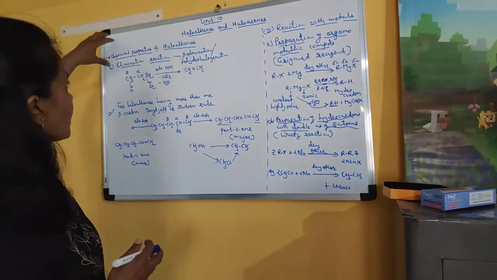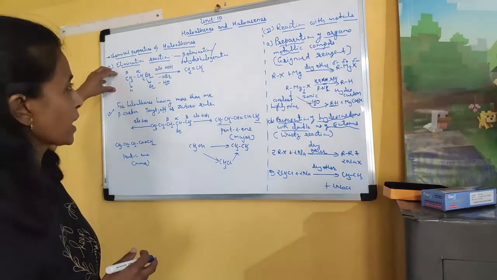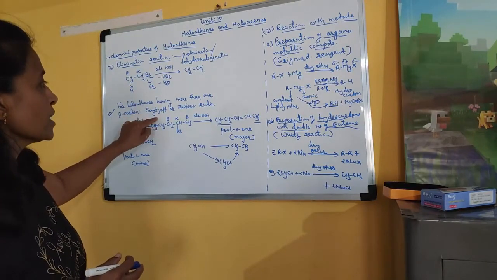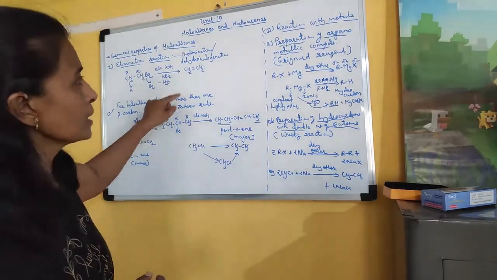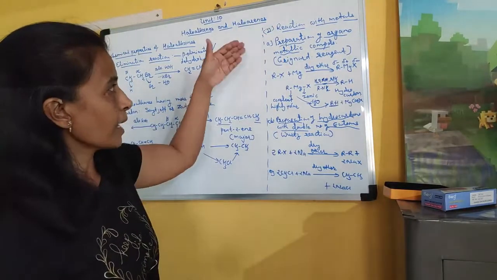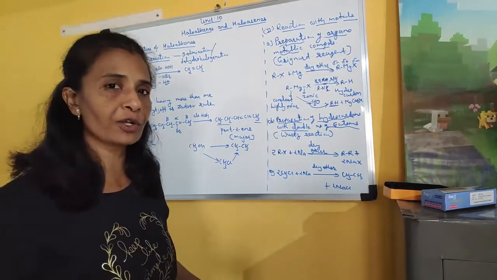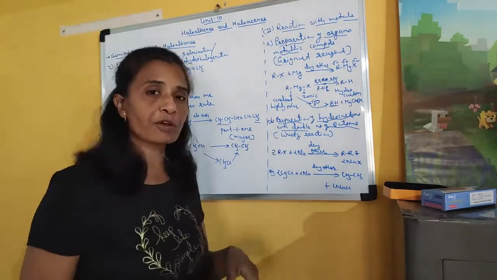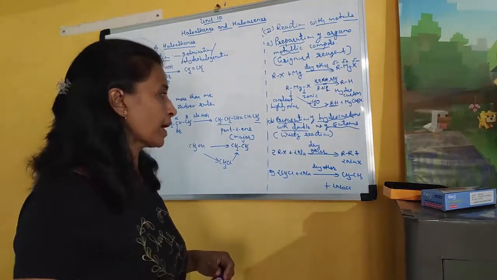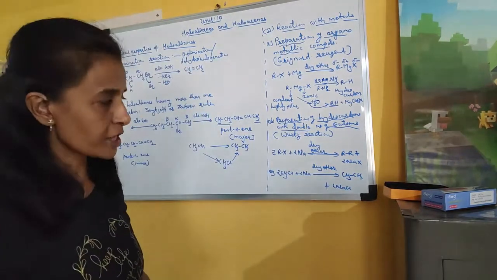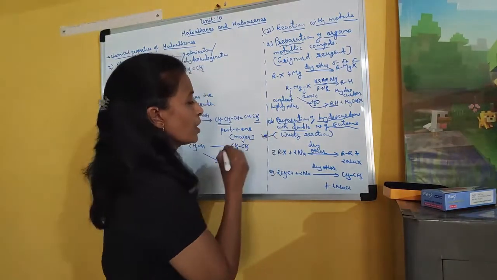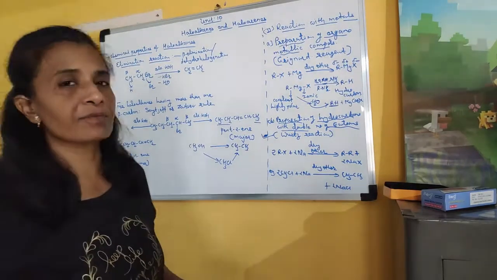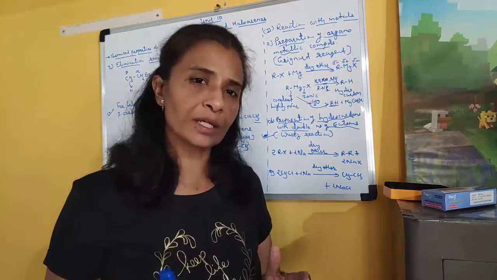Chemical properties of haloalkanes. The first reaction is elimination reaction, which is called beta elimination or dehydrohalogenation. In that we have to discuss Saytzeff's rule or Zaitsev rule. Clear? Second reaction is with metal. In that the first reaction is called preparation of organometallic compound, in which we prepare Grignard reagent, and second is the preparation of hydrocarbon with double the number of carbon atoms. In that we study Wurtz reaction. This Wurtz reaction is also many times asked in 2 marks questions. Clear? Okay, so now in the next lecture we will go for nucleophilic substitution reactions.